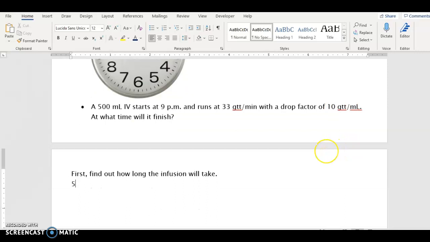We're actually going to start with the amount of volume. We're asking how much time that will take, so how many hours. So we're going to start with 500 milliliters, and we want to turn that into hours. Since we can't use the flow rate just yet, we're going to use the drop factor to convert the volume in milliliters into drops. So 500 milliliters is how many drops? This is where the drop factor comes in. So we're going to multiply that by